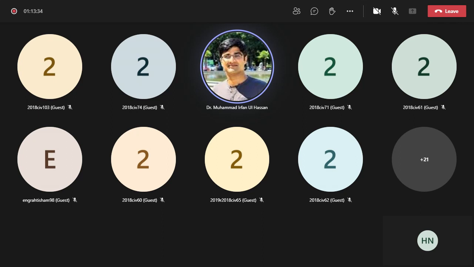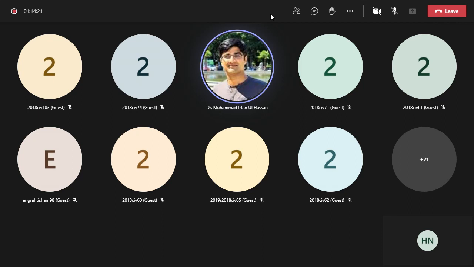Then comes the design of the continuous beams. Continuous beams are beams, or one-way slabs, which are continuous, meaning that there is not one span but resting on more than one support. So a continuous beam is basically a beam which is provided, of course,